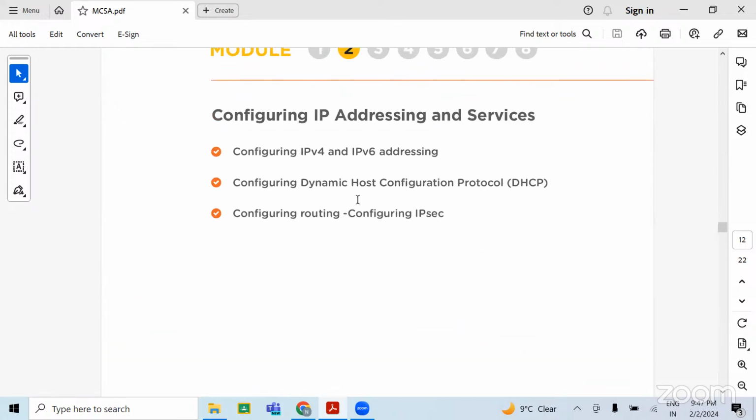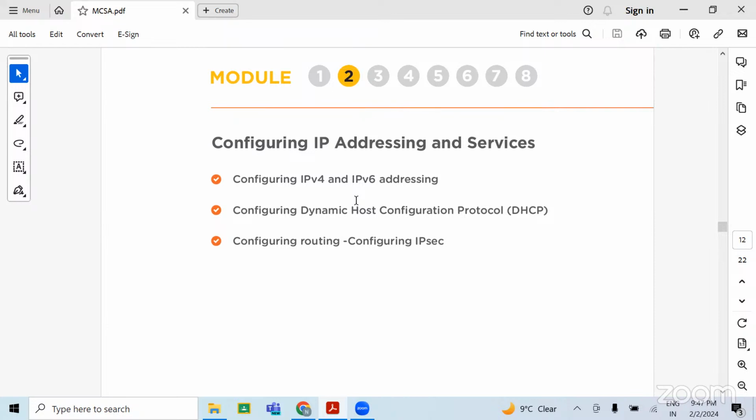Then along with DHCP, we have DHCP failover also. Let's say my main DHCP server goes down, there is some hardware issue in the DHCP, or there are some maintenance activities going on on my DHCP. Then how will I be able to distribute the IPs? In that case, I can prepare a dedicated backup server, so that if the primary goes down, the backup server will start distributing the IPs to the client machines. Right? So we will configure the backup.